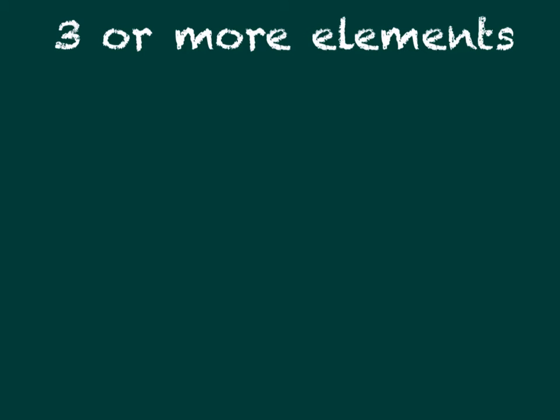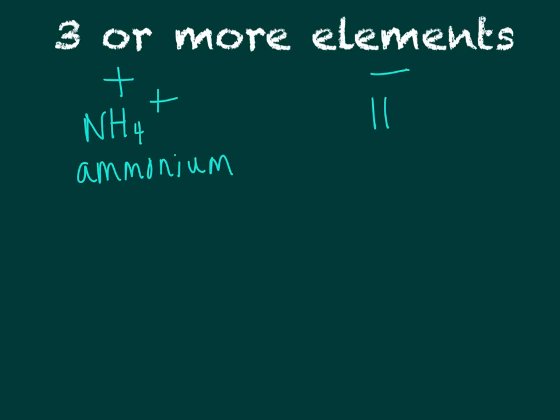Recall from the polyatomic ion table that we have one positively charged polyatomic ion. That's going to be NH4 with a +1 charge, and that is ammonium. And the majority of our polyatomic ions are negative. There were actually 11 negative polyatomic ions that you needed to learn. Let's take a look at the example